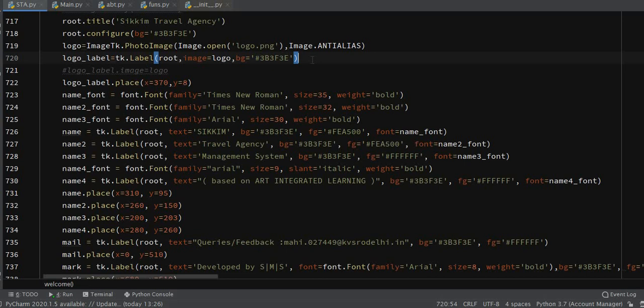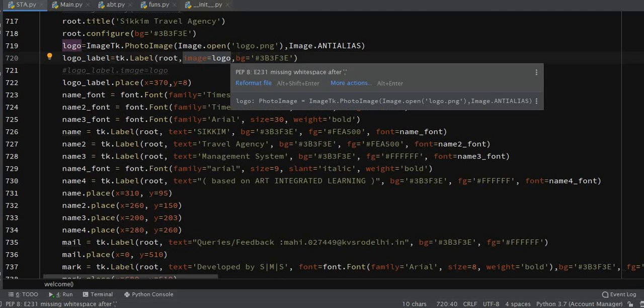So now that I have opened my image, I have to display it. For that you can use the Label function, because it's not performing anything, it just displays. So I have used the Label function from tkinter again, assigned to a different variable name. Now in the Label function you have to specify the name of your root window, so that is root, and to the image parameter you have to assign the variable where you have opened your image.